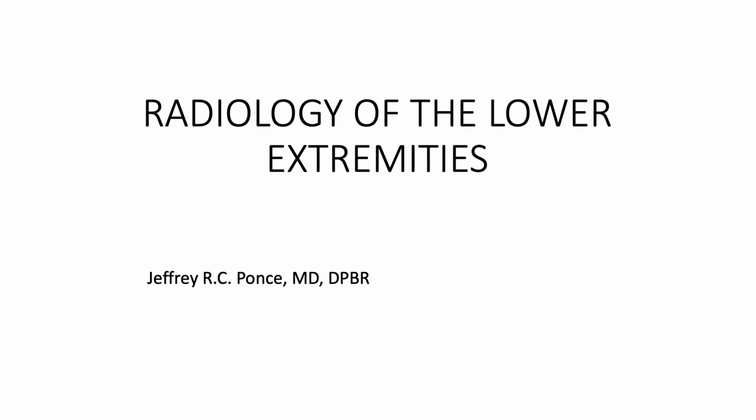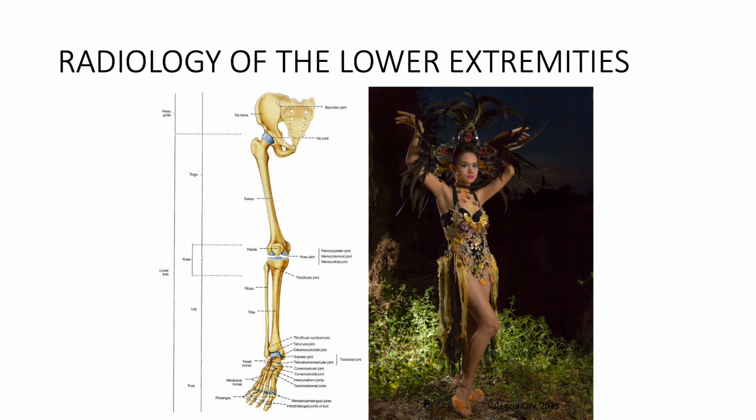By regional anatomy, we have the pelvis, the hip, the thigh bone, the knee, the leg, ankle, and the foot. So that is how we request our X-ray views, and also we request at least